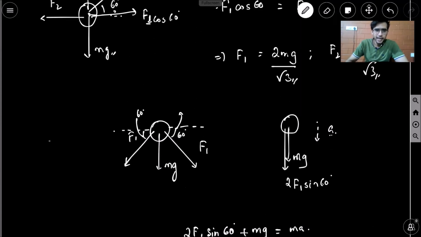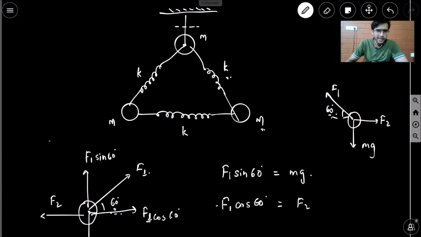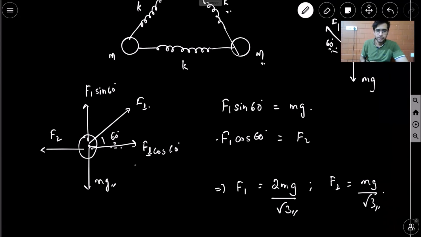Now, what will be the acceleration of the other two particles? Again, using the same logic over here, just after the string is cut. Now, will the force acting on this block, is any of these forces changing right after the string is cut? Your spring is still exerting a force, your spring is still elongated, and it has the same elongation right now. So you'll have the same force F1 acting. You'll have the same force F2 acting, because again, you need an instant to change the compression of the spring, right? So this F1 force value does not change. This F2 force value does not change. Your mg does not change, and it was in equilibrium over here, so it will remain in equilibrium afterwards also, just after the string is cut.